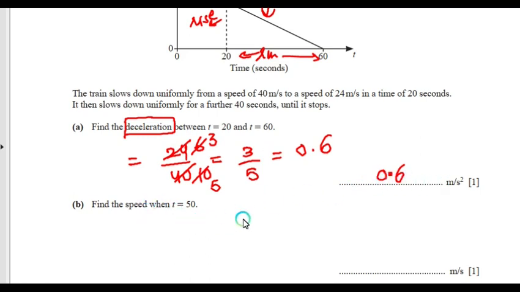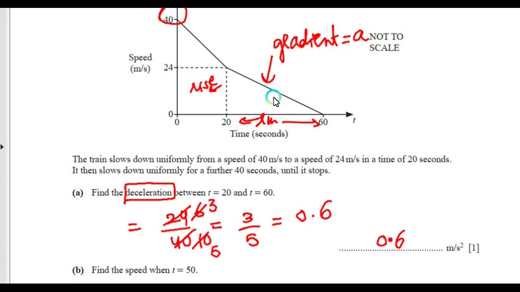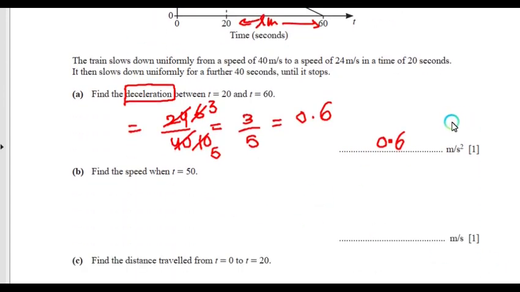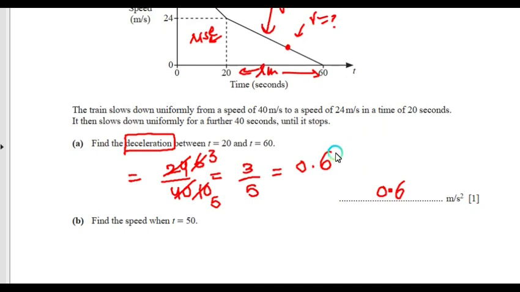So find the speed when t equal to 50. T equal to 50, right? Here, at this point, what is the speed if it is 50? So we need to find the equation, right? Also we know that this is actually the deceleration, which means the speed actually decreases about 0.6 meter per second in every second. So it starts from 24, and what should be the speed after 20 to 50, 30 seconds